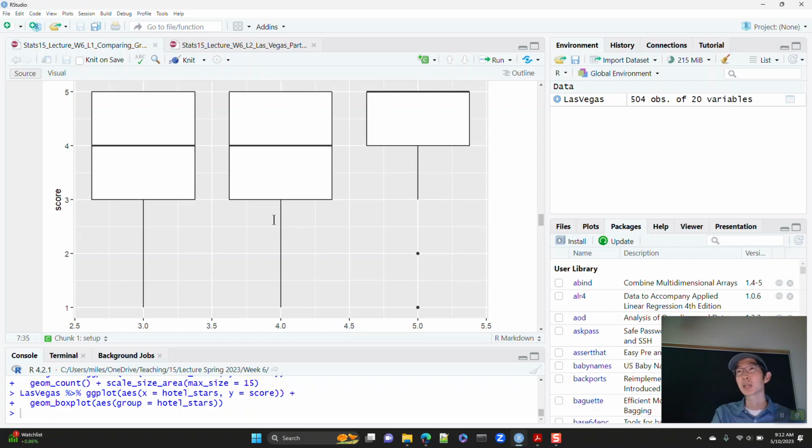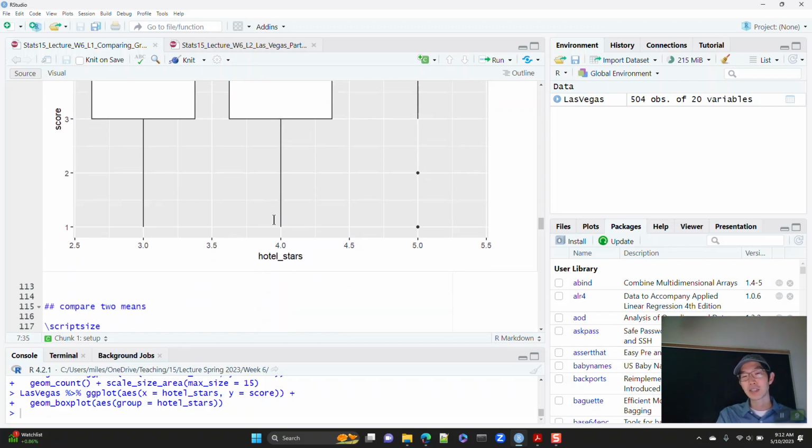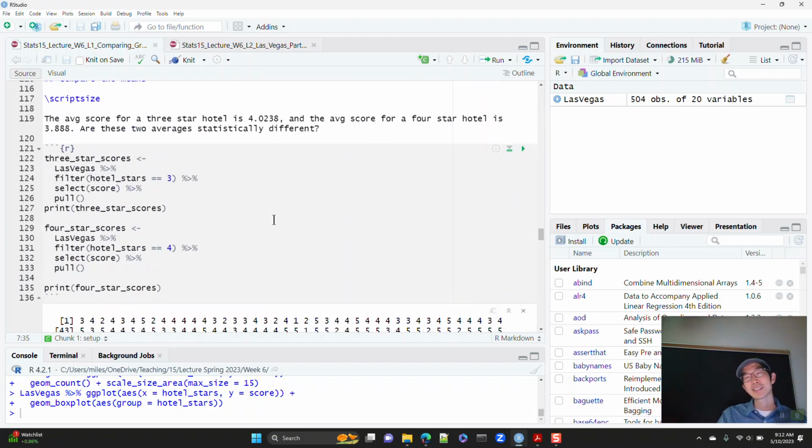If you had some kind of continuous variable, like how much money something costs, where you can have different values like $2.51, $2.58, like how much does a gallon of gas cost?